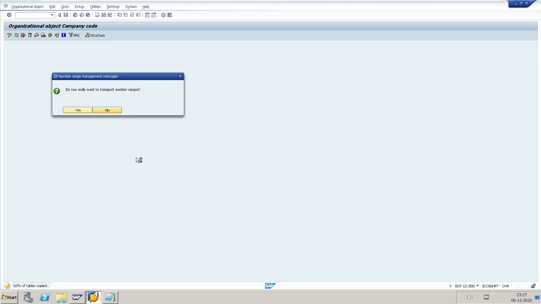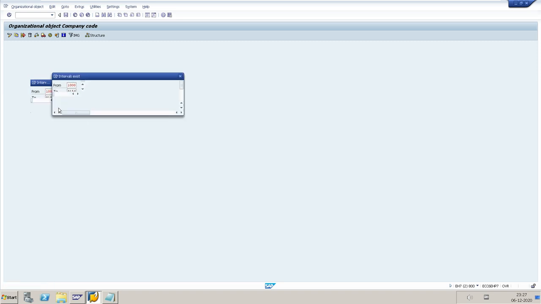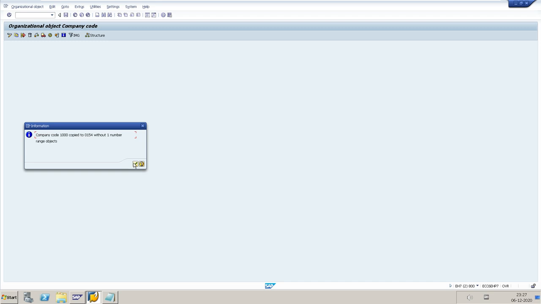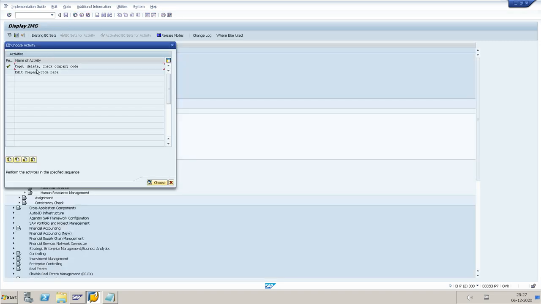It will copy the data from the standard system. It will take some time. So the company code is created.